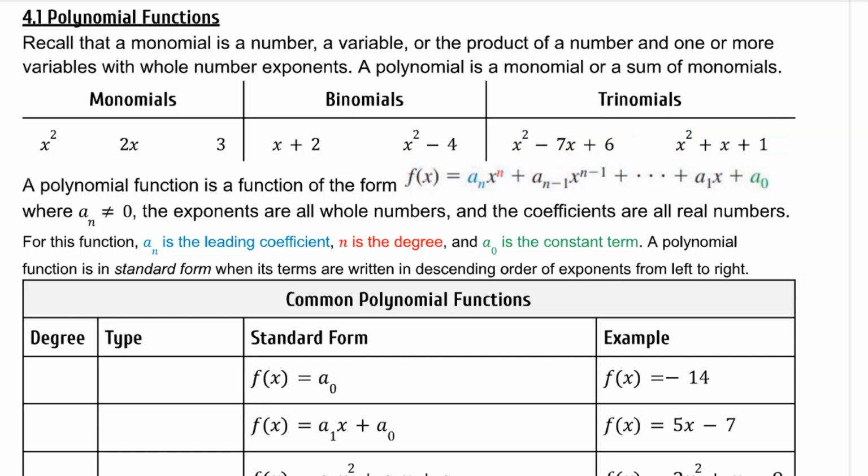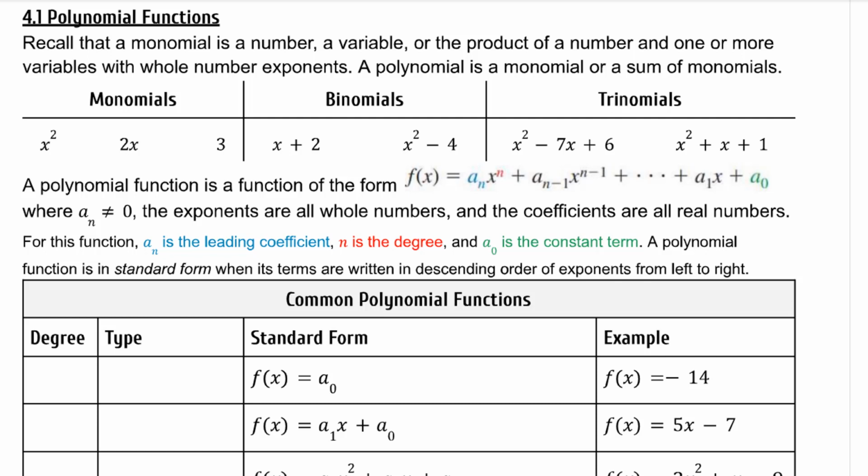A polynomial function is a function of the form f of x equals a subscript n x to the power of n plus a subscript n minus 1 times x to the power of n minus 1 plus ... which could include as many terms as the polynomial has, plus a subscript 1 times x plus a subscript 0. Where a subscript n is not equal to 0, the exponents are all whole numbers and the coefficients are all real numbers. For this function, a sub n is the leading coefficient, n is the degree, and a sub 0